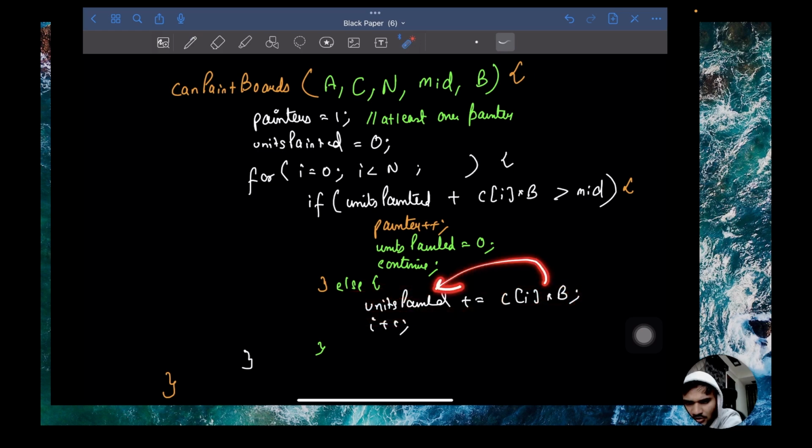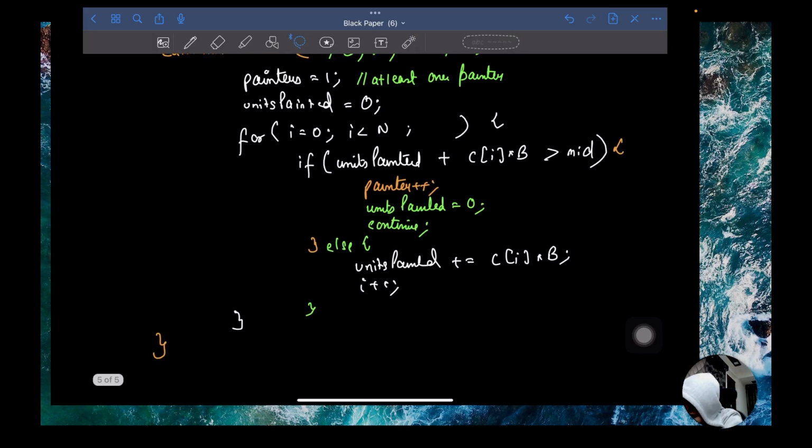Allocate this to him or her, whatever it is. And the total units that they have painted is going to be added with the new unit of time for the current board. And now I'm going to move to the next board. What will be my final value? My final value will be